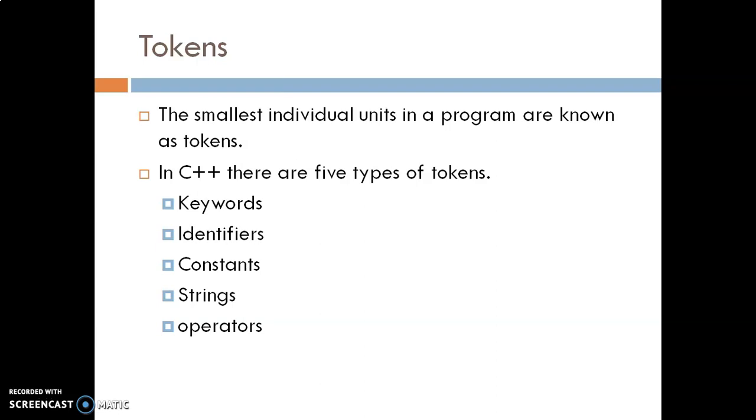So in C++ there are 5 types of token. In other words, the smallest definition for a token is that it is the smallest individual unit of a program. It means everything that we are writing inside the source code is a token. Then it can be a keyword, then it can be an identifier. Identifiers are synonyms for variables. Then constants, strings, operators. These things we are using to create source code, and these are nothing but tokens. So it is a collection of keywords, identifiers, constants, strings and operators. Everything that we are using inside the program is a token.